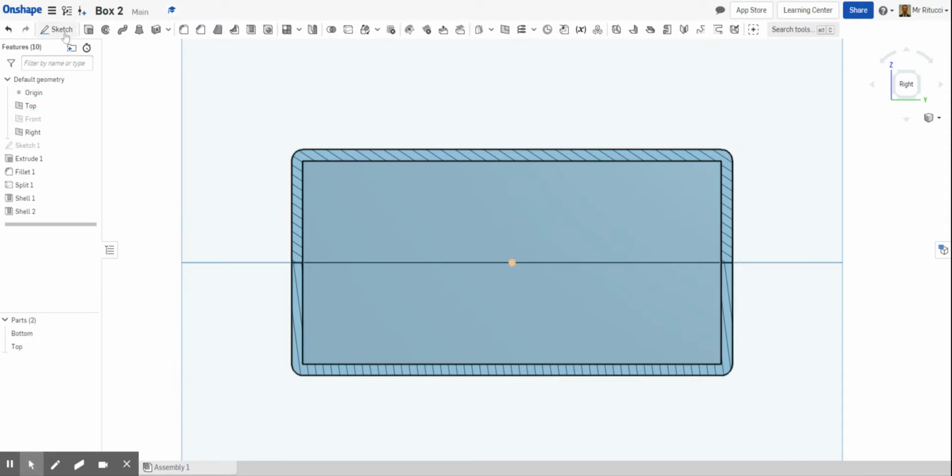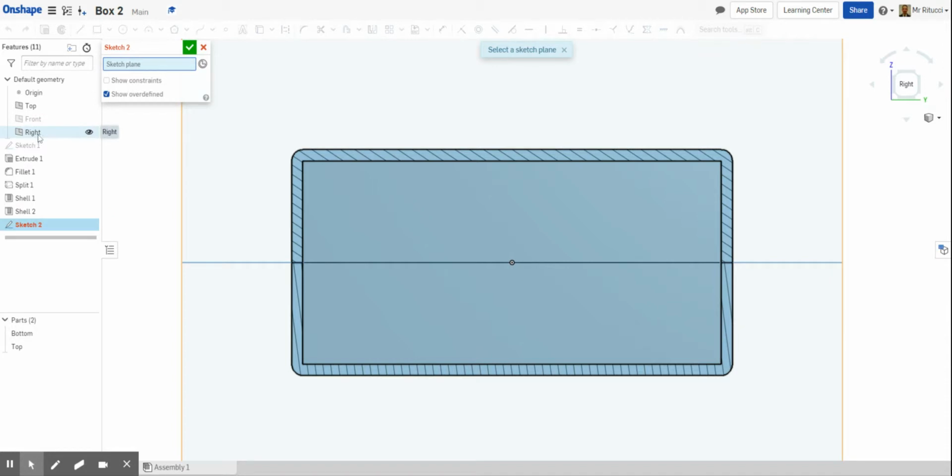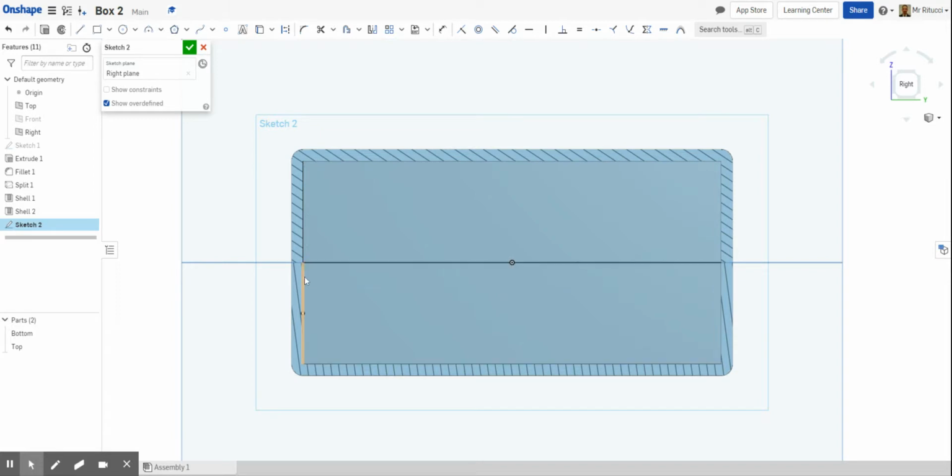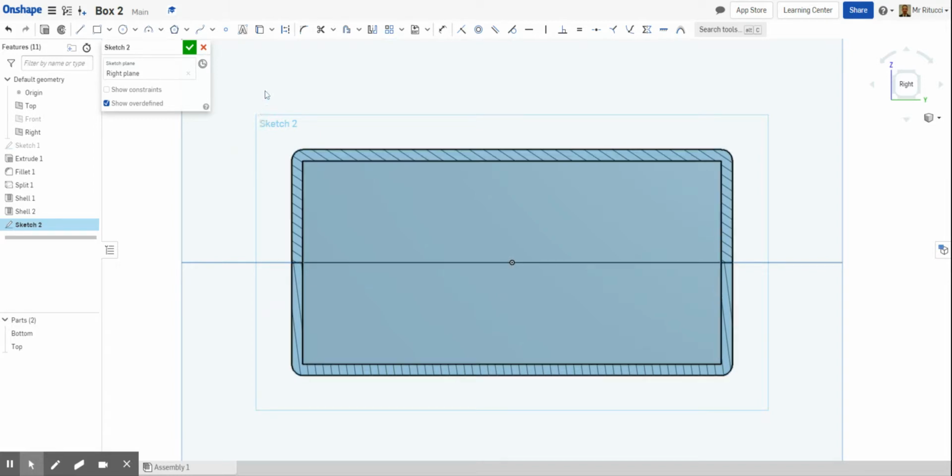So I'm going to click sketch, and I want to be drawn on this right work plane. Okay, and what I'm going to do is use another little tool that's very useful. Where is it gone? Not mirror, not construction, use. Okay, use. So this tool allows us to use geometry from an existing drawing and project it onto your work plane. So what I can do is click this and select this line here